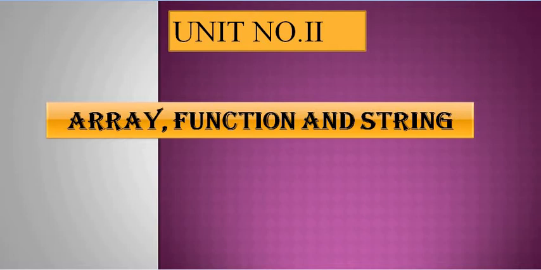Next point we discussed in the previous lecture is retrieving a character from a given position. Means by using the charAt function or charAt method we retrieve a character from a given position. The charAt method returns the character at the specified index in a string. This is all about the previous lecture's points. Let us see today's lecture's points one by one.